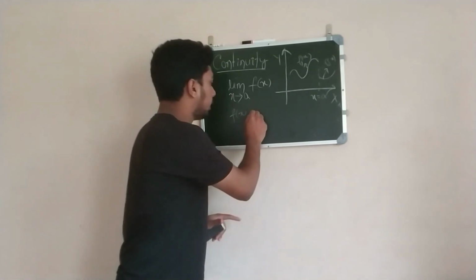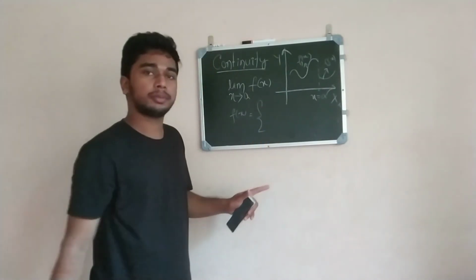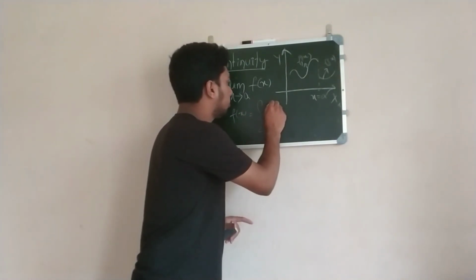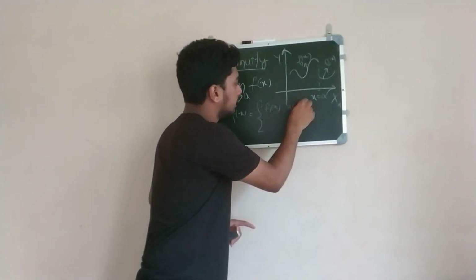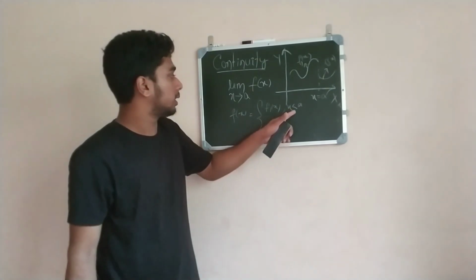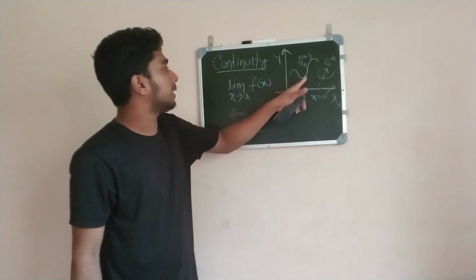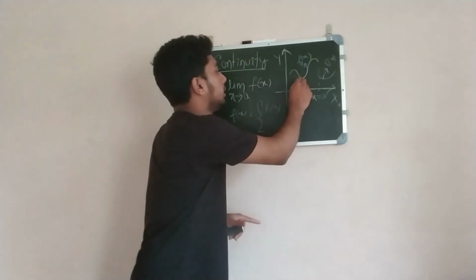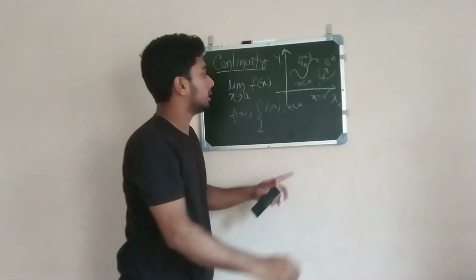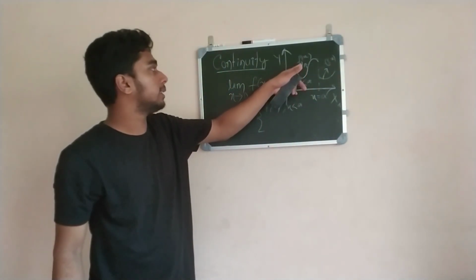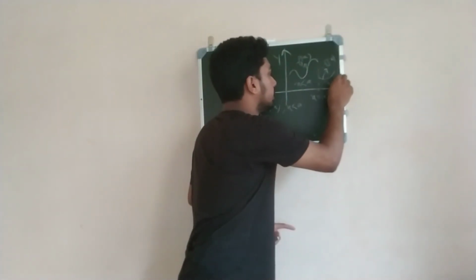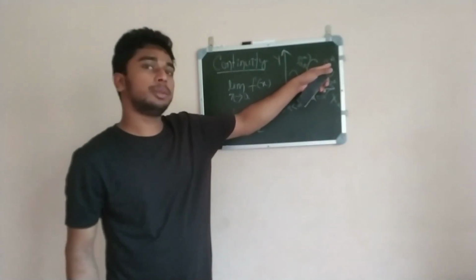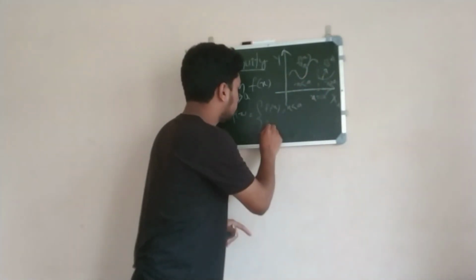So f of x I will write as f1(x) if x is less than a. I mean this region is x less than a. If x is less than a, then this is f1(x). If x is greater than a, this region, then it is f2(x). So I will write f2(x),